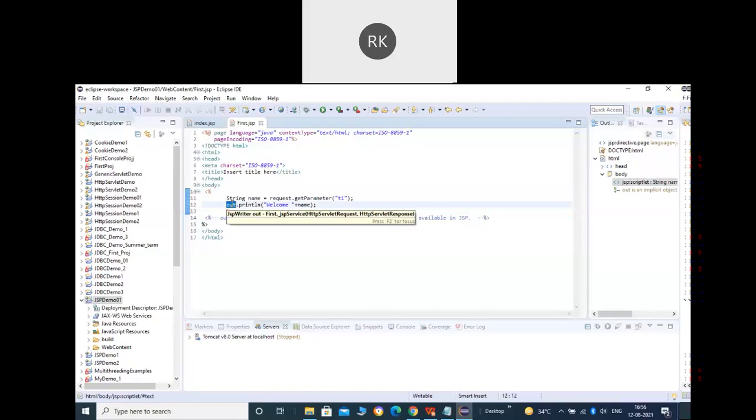So is it clear to everyone? You can see how you can write the Java code there using these script tags. And in between, I have also defined the comment. One more thing to note here is that in the servlet, first of all, to use out, we need to write PrintWriter out equals response.getWriter. Only then I can use the out.